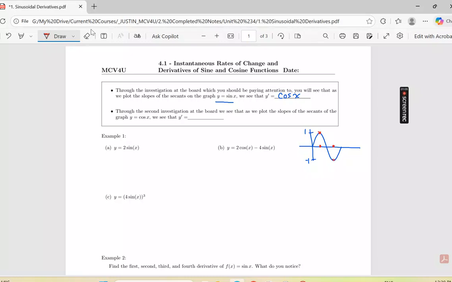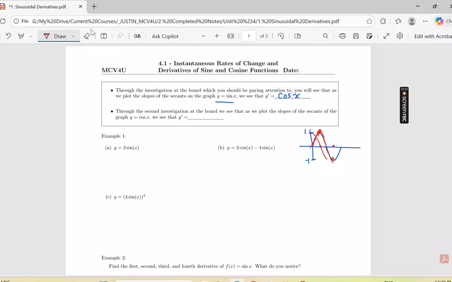And if you look at this section of the sine graph, if you go from 0, 0 all the way to the max, you see that all those values, the derivative or the slope of the tangent, will all be positive because it's all facing this way. It's increasing, right? Which means it'll all be positive. So then you get this part. And then if you were to look at between the max and the min, if I were to ask you to find the slope of the tangent from the max to the min, you'll find the slope of all those tangents are negative, which gives you